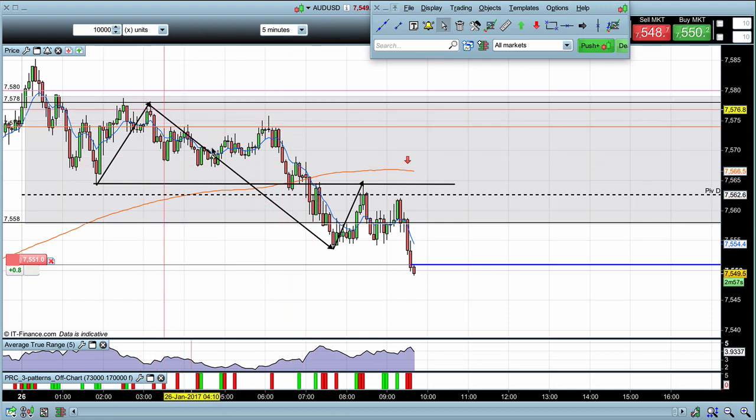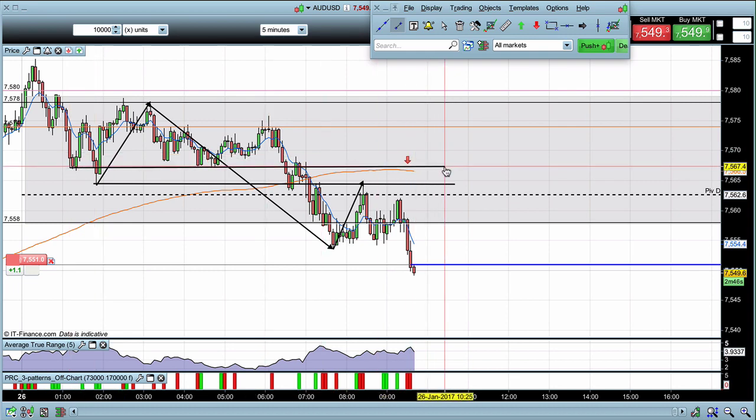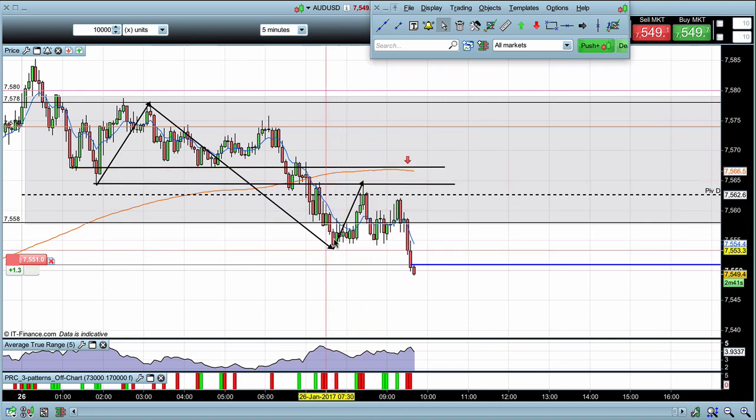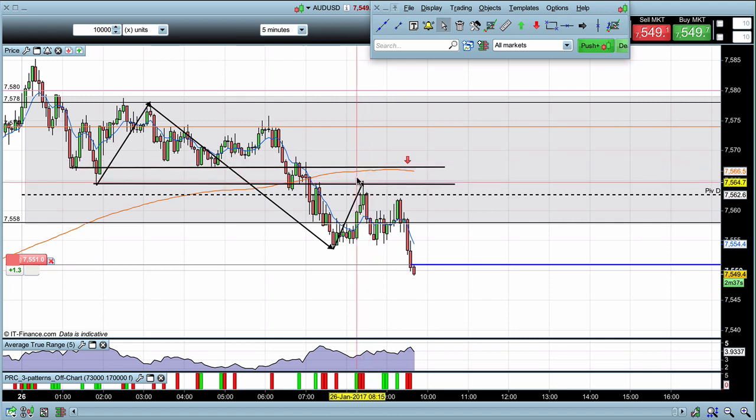Now, when I seen the market breaking down like this, what I really wanted to do was get into a blind sell position up at these levels right here. So 7566 to 7577. However, the market did not reach those levels, so I did not get into that trade, and instead I have been looking for price action, a good setup and reason to get into this market. I got that right here at 9:30, and I am now in a short position.